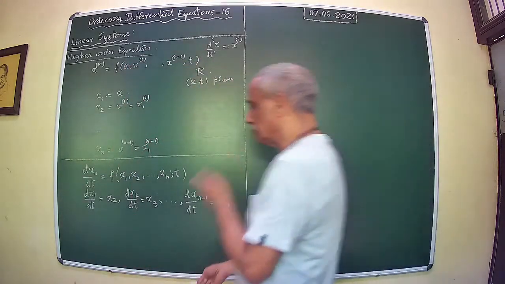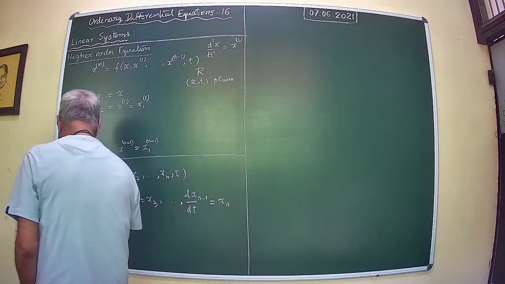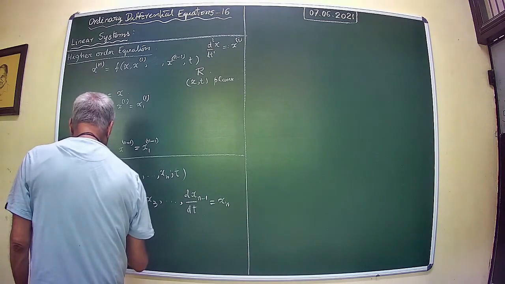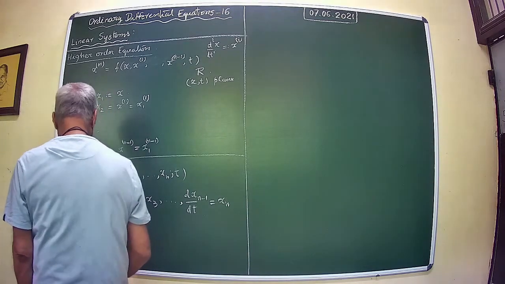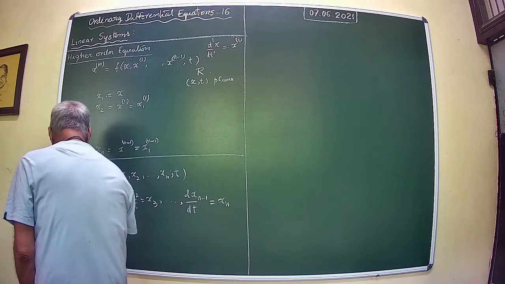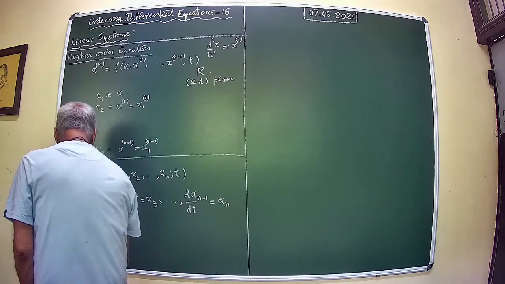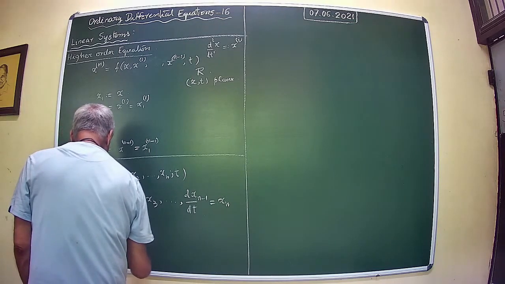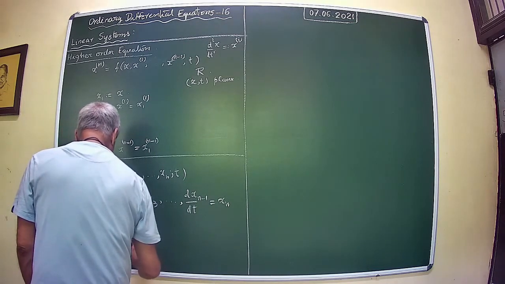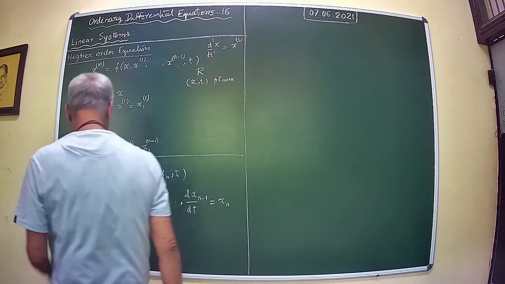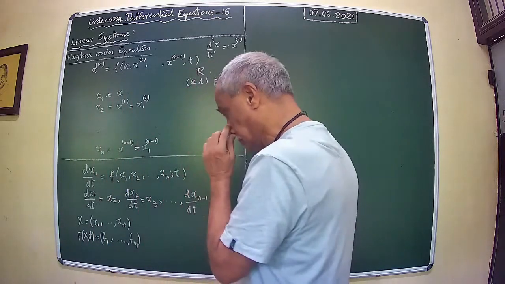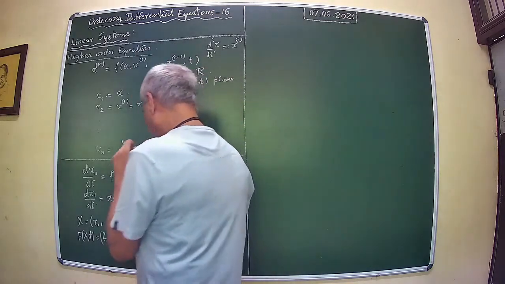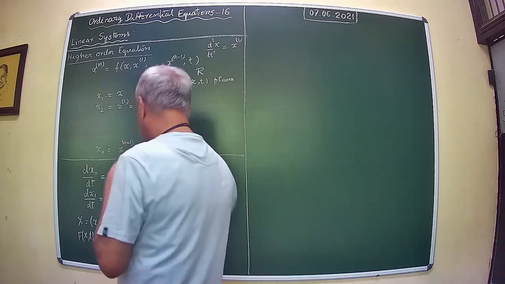So you can write x as x1 up to xn, then f1 up to fn, where you see that f1 is